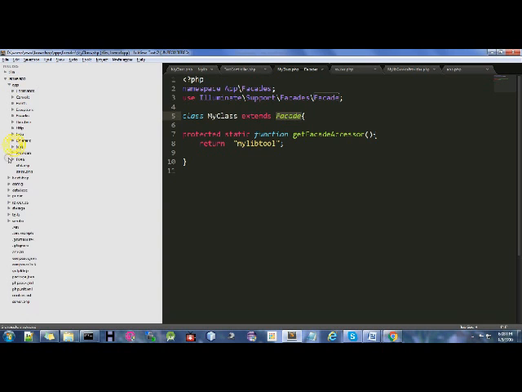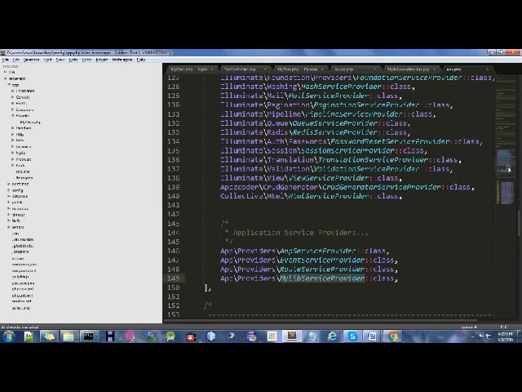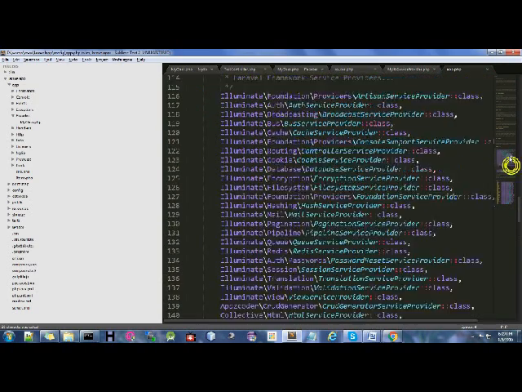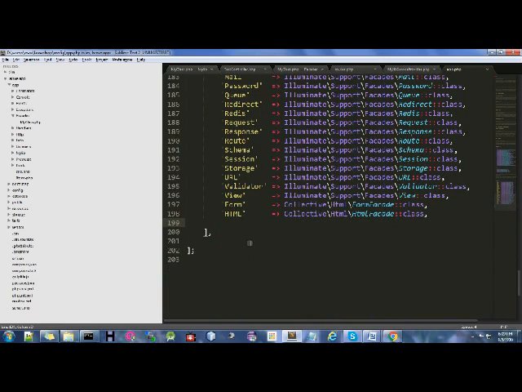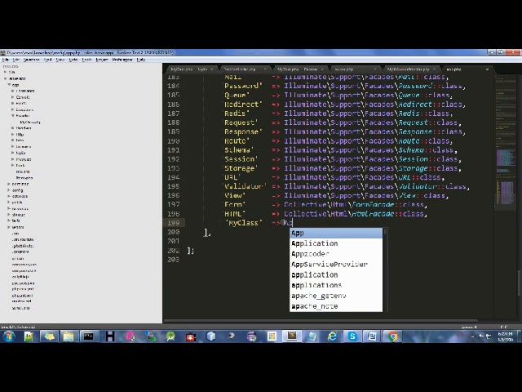As of now we have created the facet class with the name my class. It will extend the facet class, and that file should be stored in the facets directory. So we have one facets directory, and in it we have one facet class. That class we will have to register in the app.php file. Here we have specified the service providers in the providers array, and here we are going to specify the user defined facet that we have created recently with the name my class.